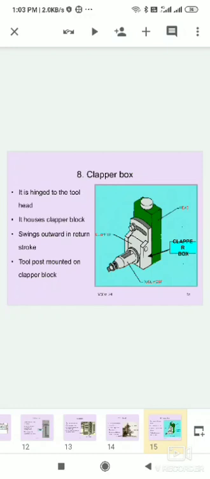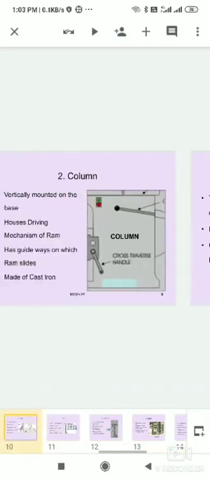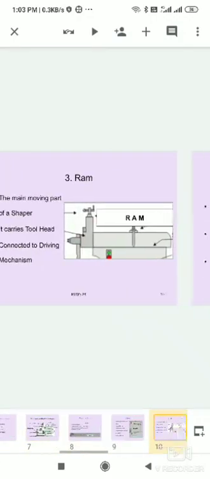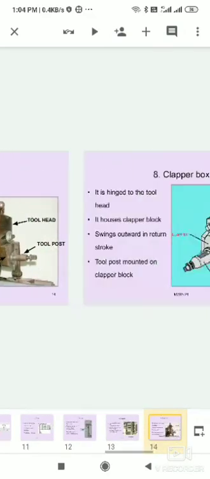This is the action of the clapper box. This is the construction details of the shaper machine. First we learned the base, column, ram, table, cross rail, saddle, tool head, and clapper box.